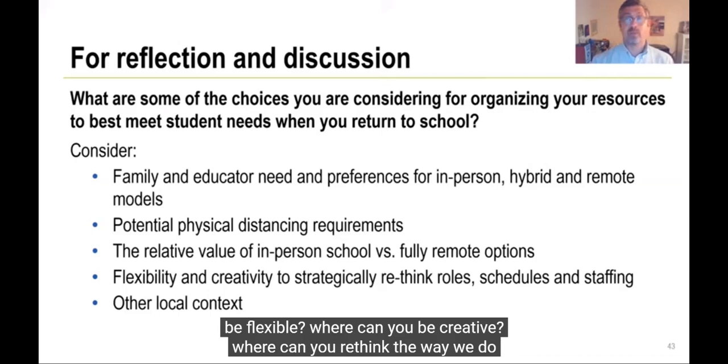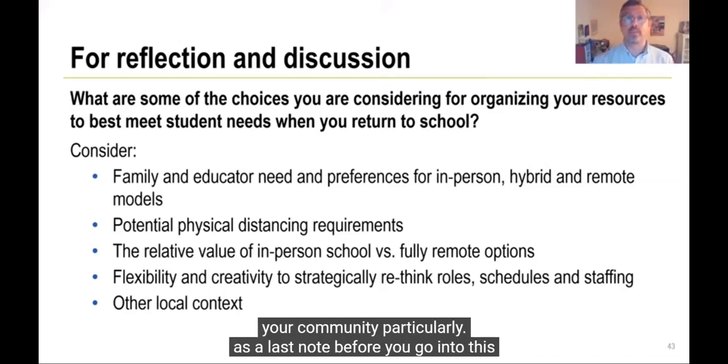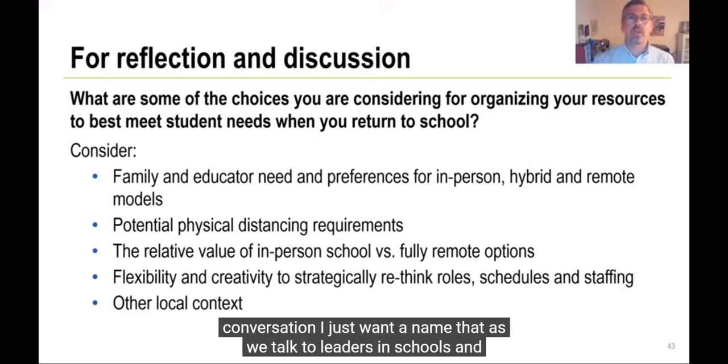Where can you be flexible? Where can you be creative? Where can you rethink the way we do school and think about it differently, in any other local context that affects your community particularly? As a last note before you go into this conversation, I just want to name that